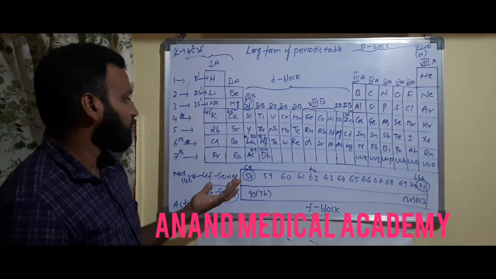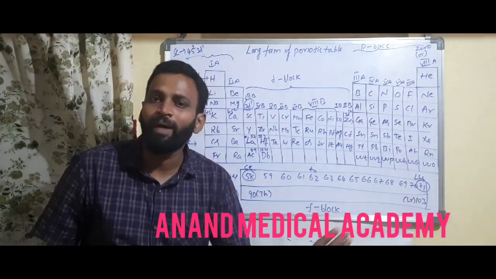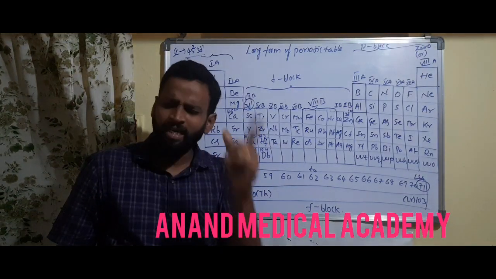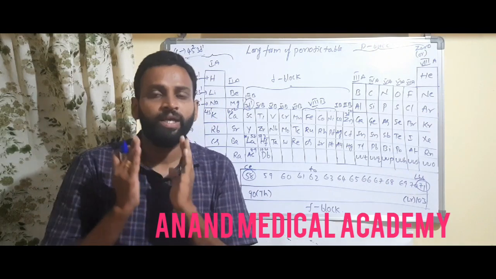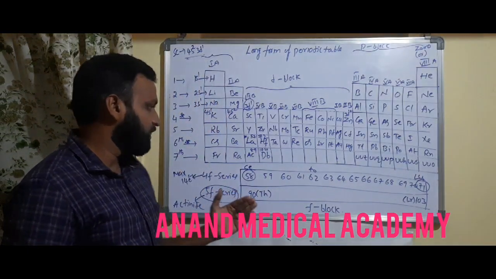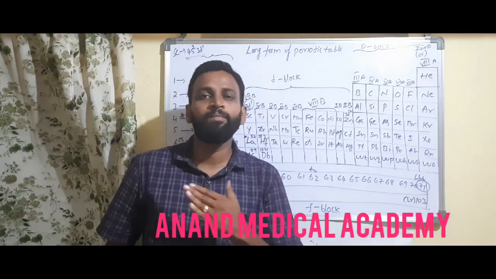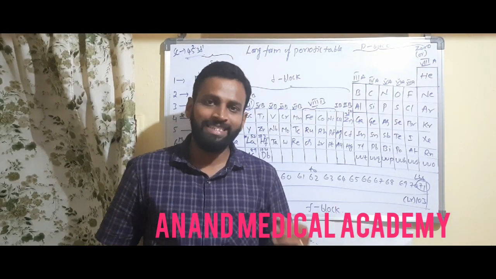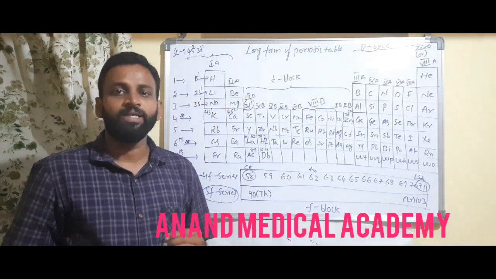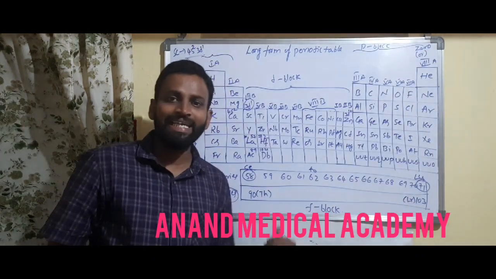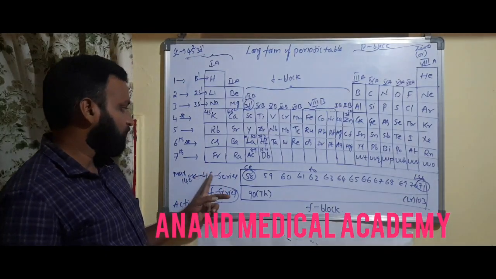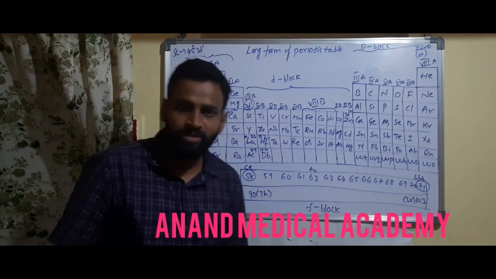So maximum you learn. 4f series you have no need to by heart. 4f series and 5f series. Okay, 4f series starting element is what? Ending element is what? If you know that, enough. So 4f series means you have to take cerium to Lu, lutetium, Ce to Lu. Okay, 5f series means thorium to lawrencium, Th to Lr. So what are the 4f series elements? What are the 5f series elements?